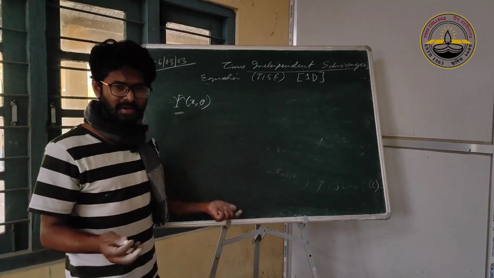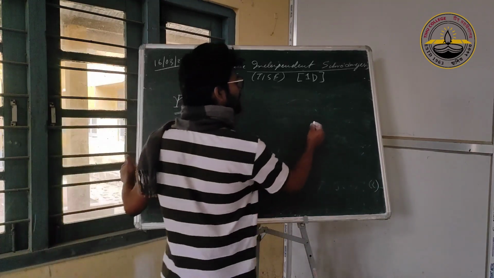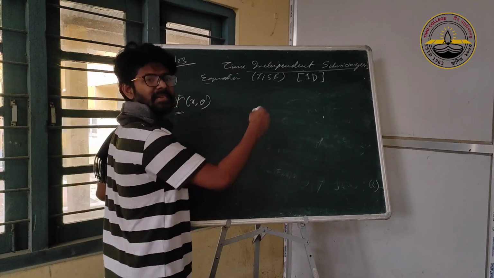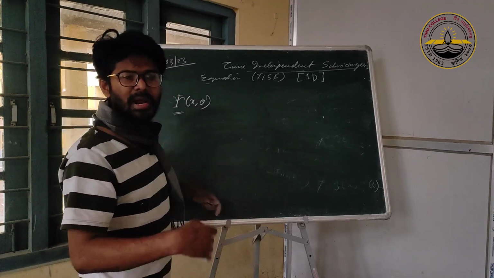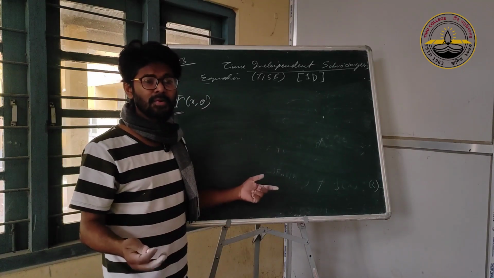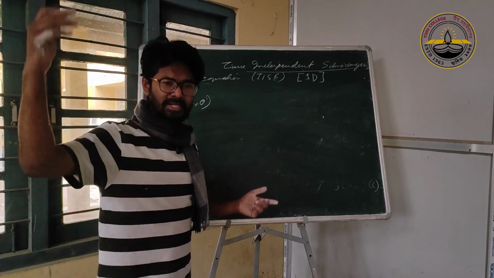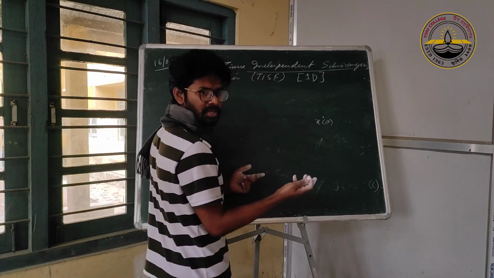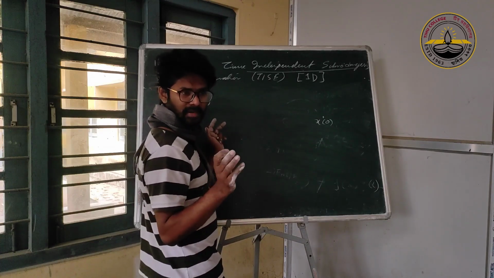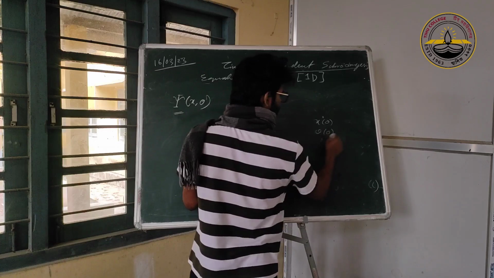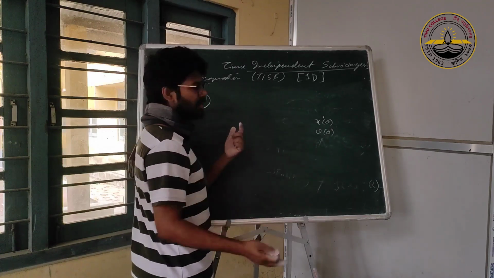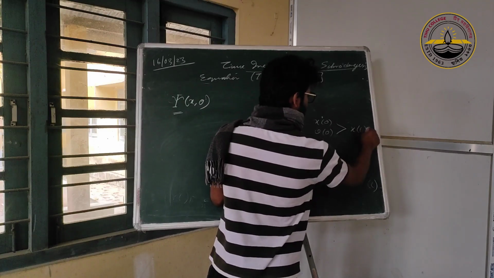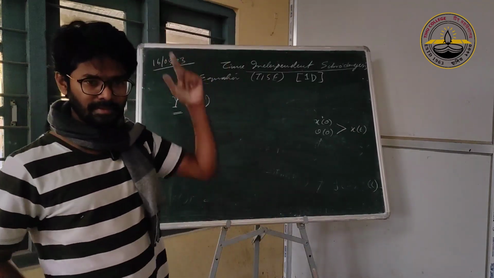Just like in classical mechanics, we say the particle at t equal to 0 is at the origin and it has a velocity v. Then you are asked to find out what x of t is for later times. I give you x of 0 because somebody should give me the initial position, and then they give us v of 0, these two numbers. Then we apply Newton's law and, using them, find the general x of t for all time.